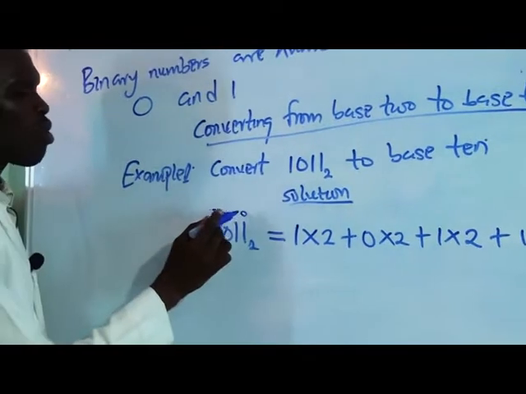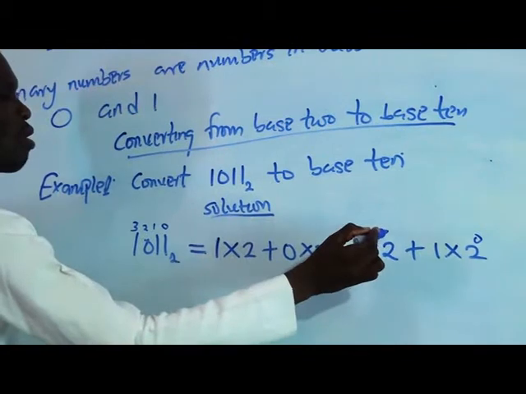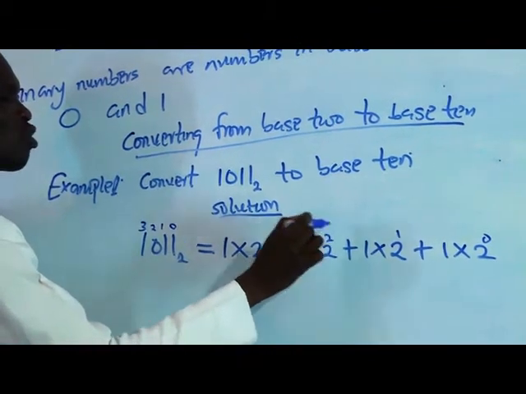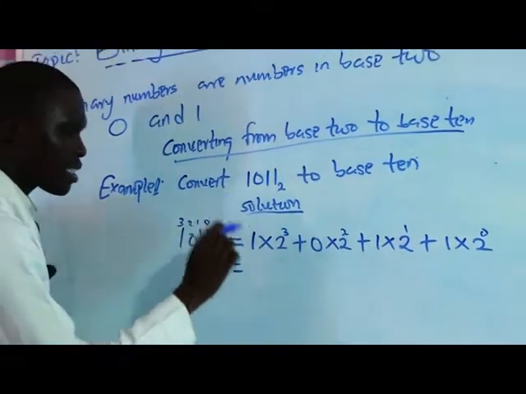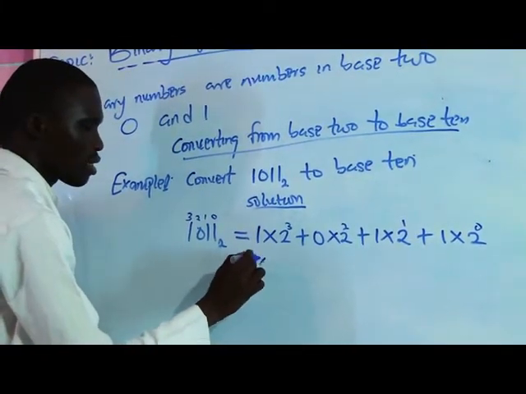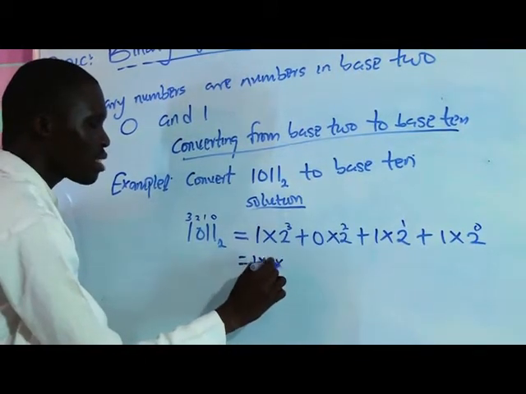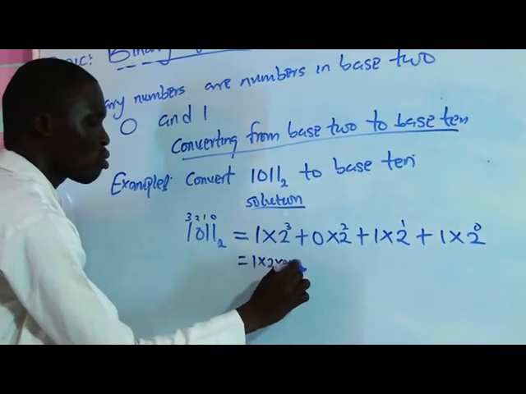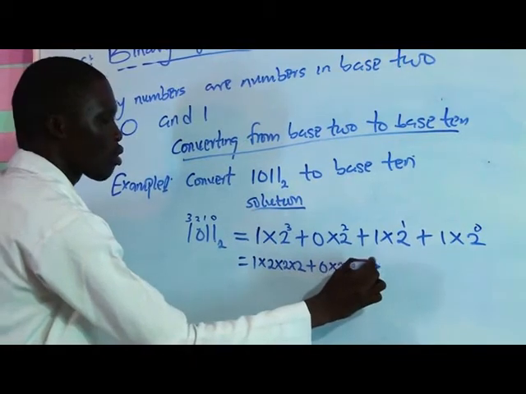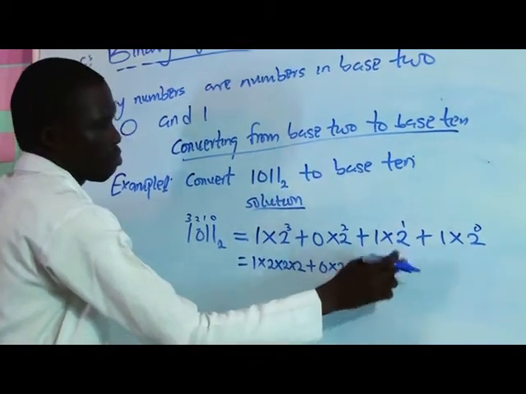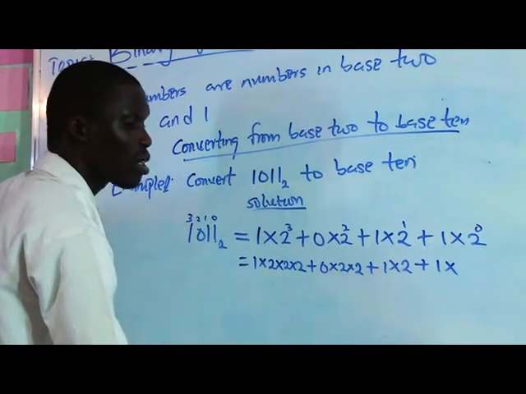Now 0 1 2 3, start from here. 0 1 2 3. Okay, this is 1 times 2 raised to power 3, means 2 in 3 places, times 2 times 2, plus 1 times 2, 2 in 1, just 1, plus 1 times,